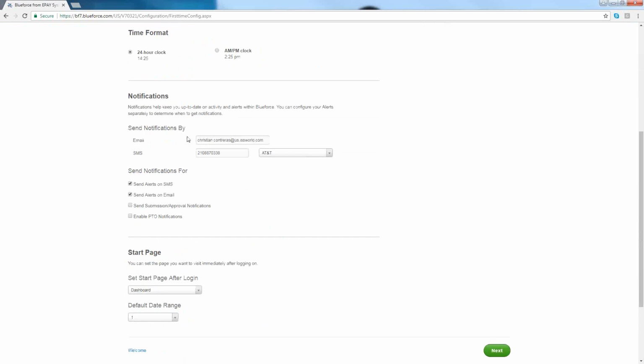Notifications: one of the things that is now required is to note your correct email address. So make sure your email address is correct in the system. And if you have a text service you want to set up, you can go in here and put in your phone number and put in the proper provider. That way, text messages can be sent